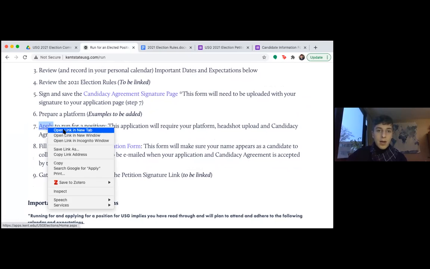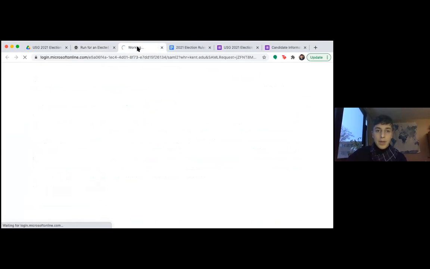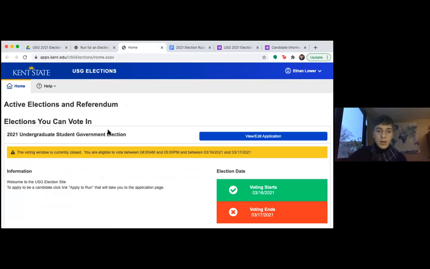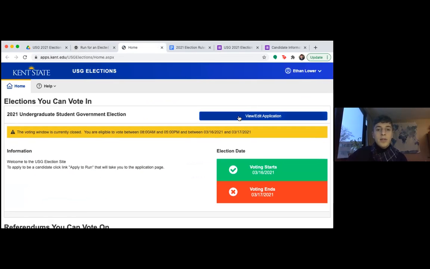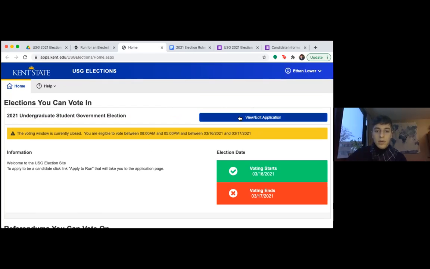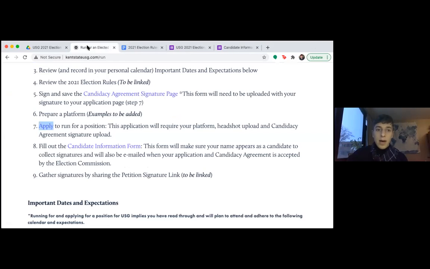Now I might be logged into the admin mode, but hopefully I'm not, so that you can see what it looks like for you. Okay, good. So instead of view and edit, you will be able to click apply for a position and go from there. I'm not going to go through that because I don't know what it's going to look like for me or if it's going to be helpful. But this is what this page should look like for you. So you'll click apply and you'll put in all the information that's already been talked about with these steps.